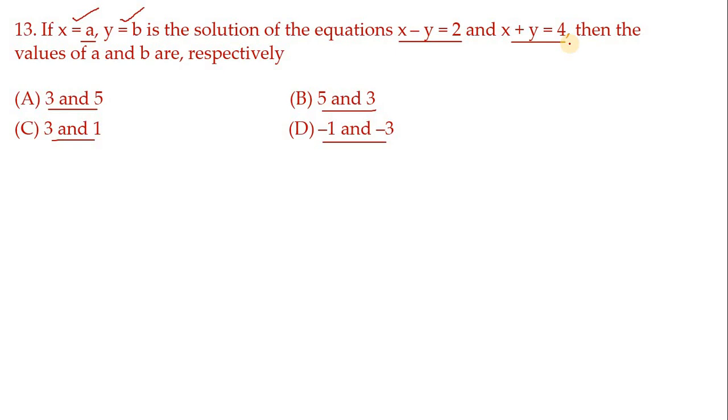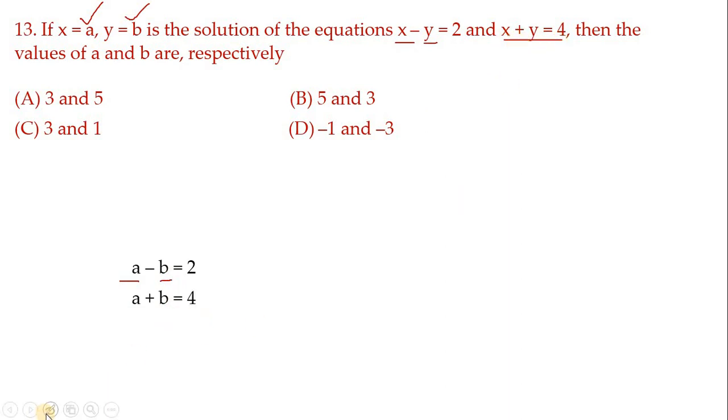So for that, first consider the given equations and substitute the values they have given. See, x value is how much? a. Hence in the place of x write a. y value is how much? b. Hence in the place of y write b. Similarly do for this equation. So we get a plus b equals 4. And you know how to solve these two equations by the elimination method, so you can easily solve this one, children. See, these two variables have the same coefficient with different signs. Hence minus b and plus b get cancelled, and add these two.